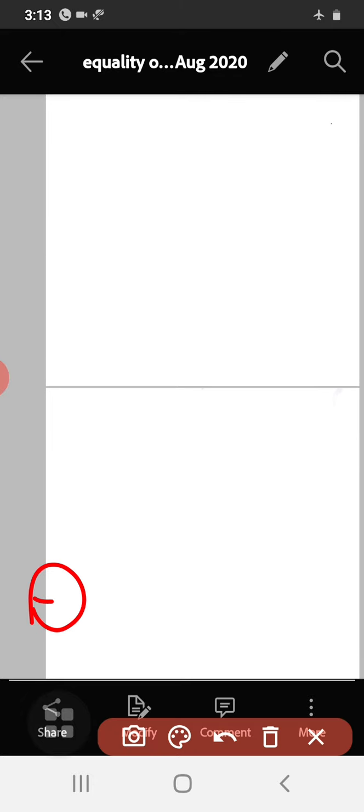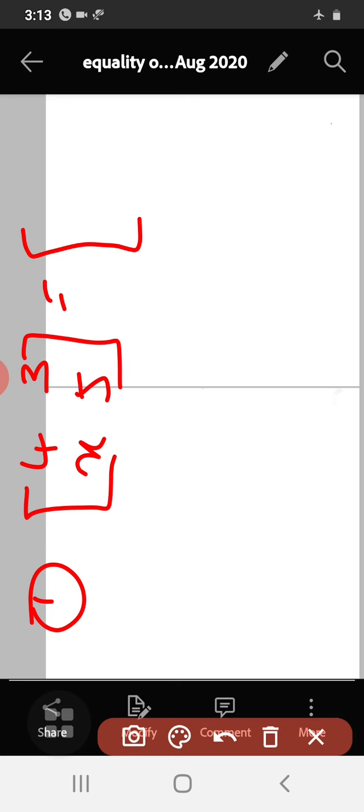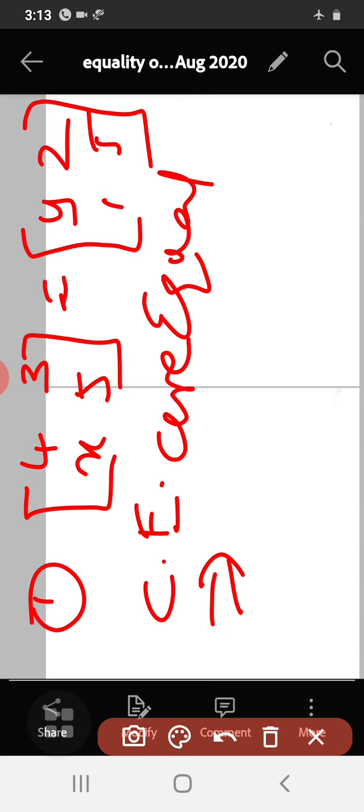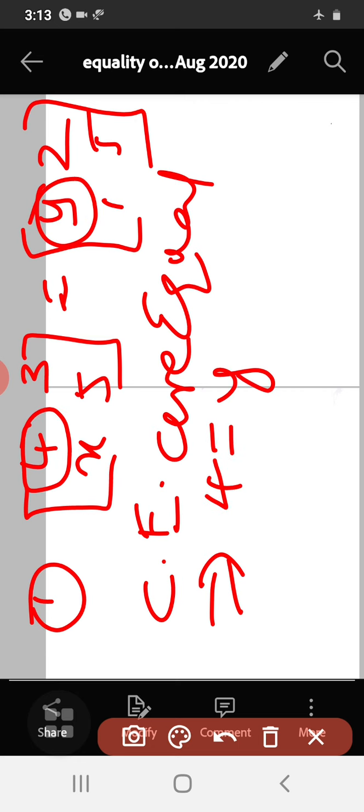So first one is given. See, this is very simple here. 4, 3, x, 5 on the left hand side, and on the right hand side y, z, 1, 5. See here. So find the value of x and y. So these two matrices are equal. Therefore, corresponding elements are equal. So that means, see here, first element is 4 and corresponding element is y. So 4 is equal to y.